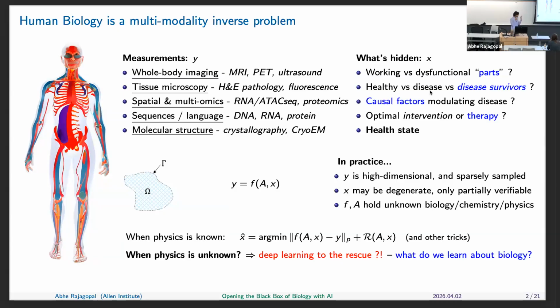And importantly, just because we're able to make a deep learning algorithm that's able to take measurements and, let's say, predict these inner parts of our body or these inner mechanisms, what does that tell us? Is it the fact that it's a predictive model? What does it tell us about how these objects are working together?